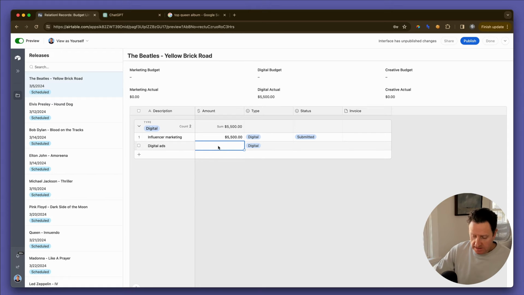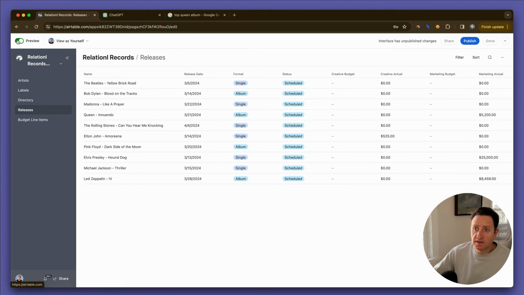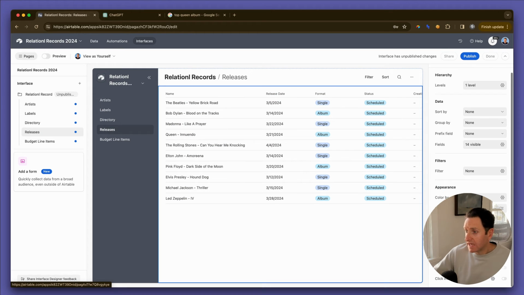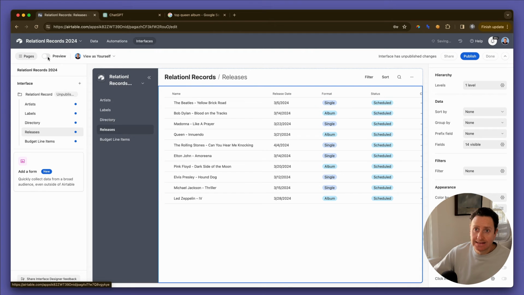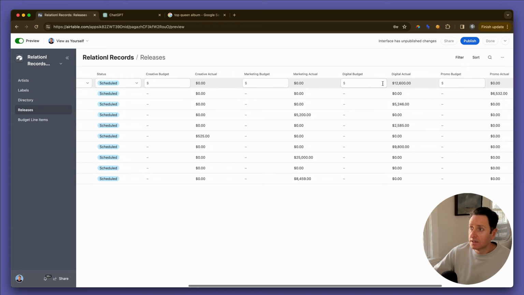The amount is $7,100. It's in digital, and it's type submitted. Now you're seeing this number change, right? Now, if I'm the person who's got oversight over this stuff and I'm in the releases table, we have to give them the ability to edit records in line. So once they're editing records in line, they can come in here and say, all right, well, what's the